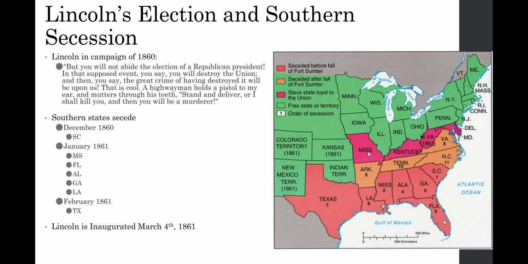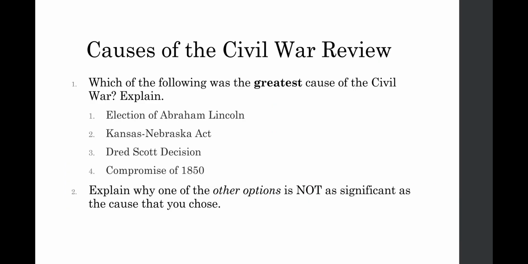During the war, Missouri, Kentucky, West Virginia, Delaware, and Maryland are border states. These are slave states that remain loyal to the Union, but they were slave states. So originally, the war was not necessarily about slavery, it was about getting the Union back together. And then after the Emancipation Proclamation, the tone of the war kind of changes, which we got to in the station's activity.